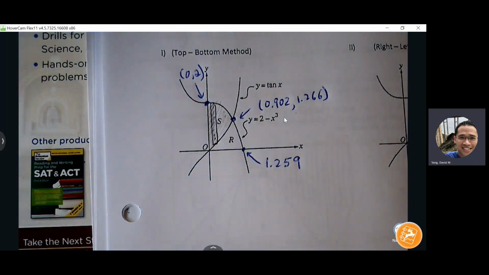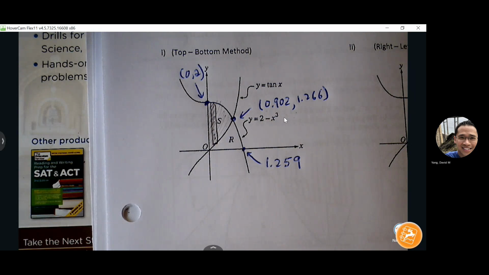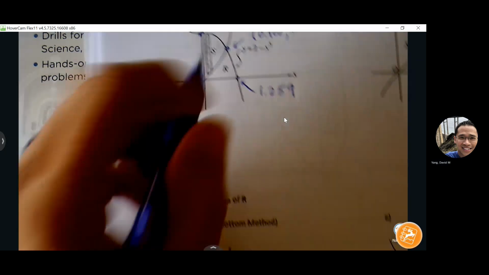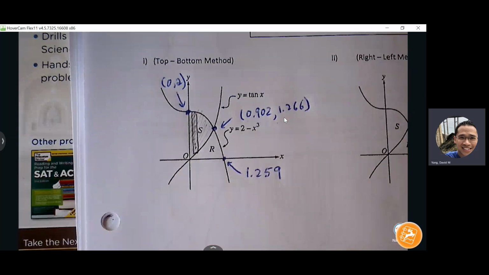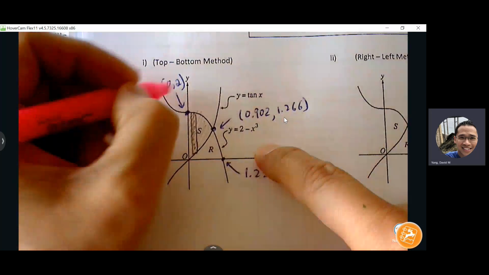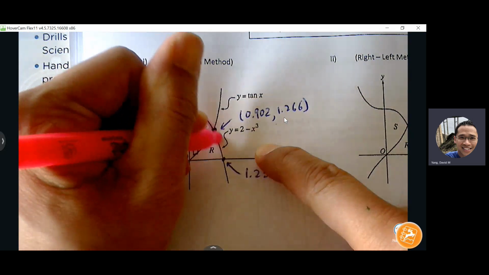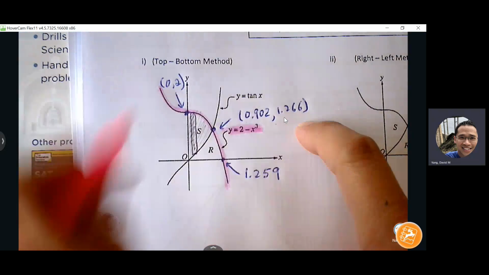Okay, a vertical rectangle. Now imagine I have really, really thin vertical rectangles that extend from one end to the other. I'm just looking at region S. Is the top of every imaginable rectangle hitting the same curve? Yes. Is the bottom of every rectangle hitting the same curve? It is, right? So we can rely on one area formula to do top minus bottom. Let's set that up. Let me use a highlighter so I can see these more clearly. The graph that is sloping down is my 2 minus x cubed. Okay, so area equals